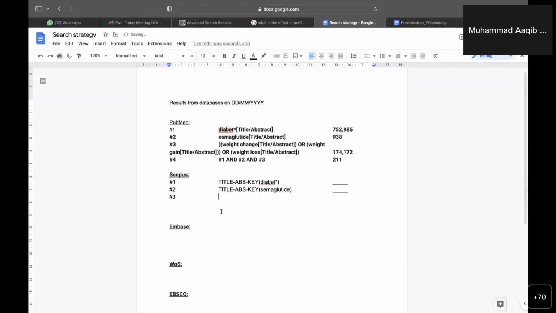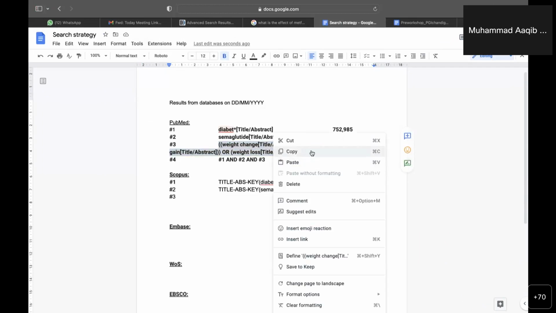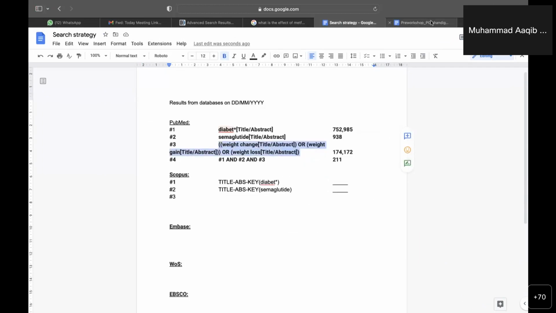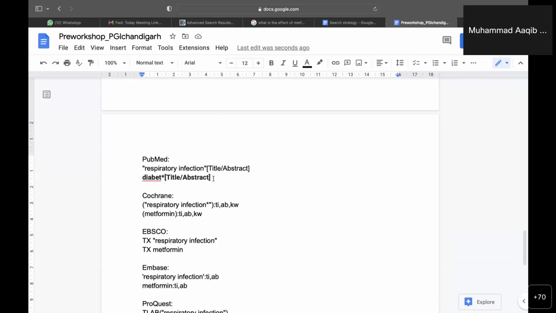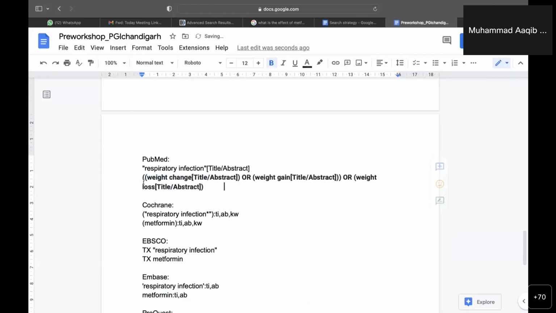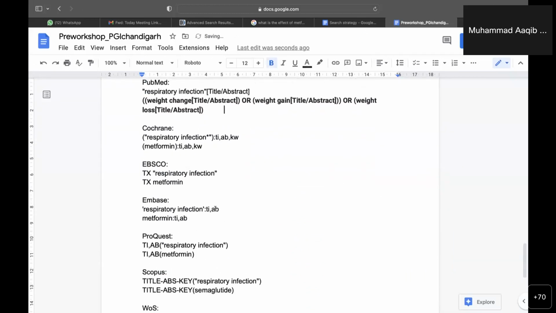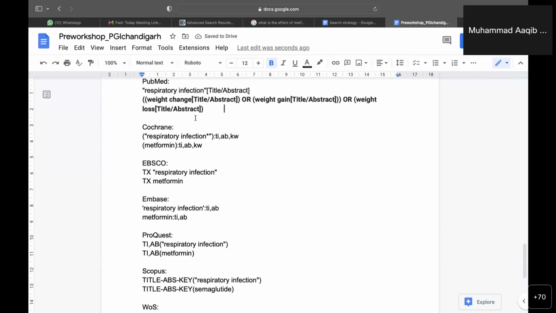Now this is a longer one. Here in this one search string, we have 3 different search terms. We are going to copy this to here. And now we will see how we are going to do it. So first we have weight change. So we are going to add it as TITLE-ABS-KEY weight change